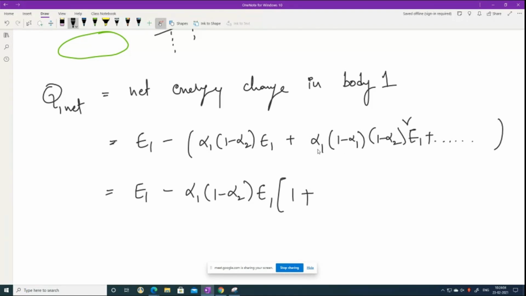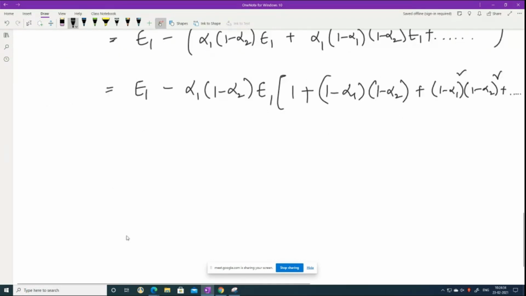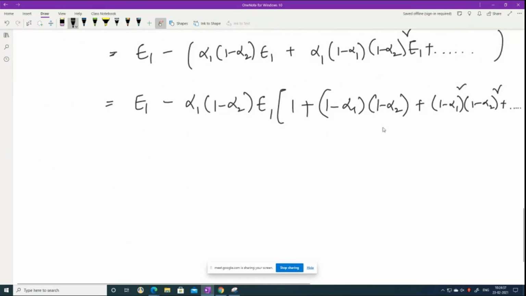Here you have taken alpha 1 and 1 minus alpha 2. So what you get here is (1 minus alpha 1) into (1 minus alpha 2), plus the other term I'm writing here, (1 minus alpha 1) square into (1 minus alpha 2) square, plus cube, plus power 4, and so on. You will get the expression. So to write that expression, what I'll do is